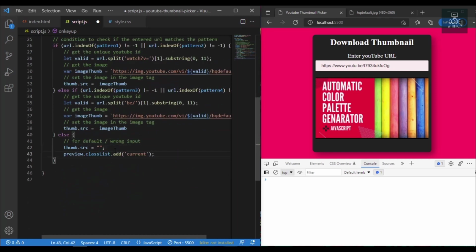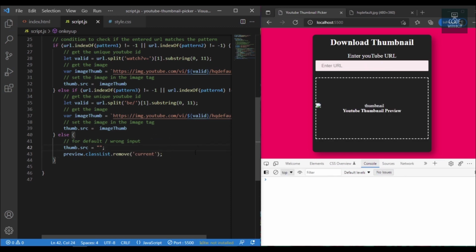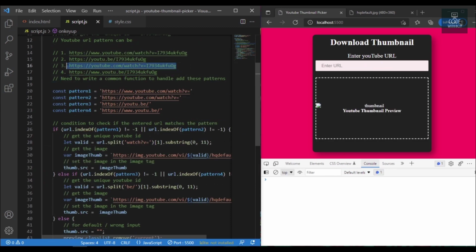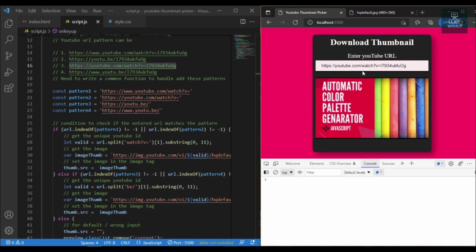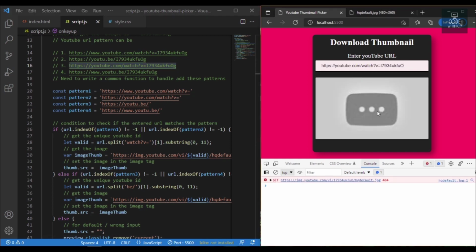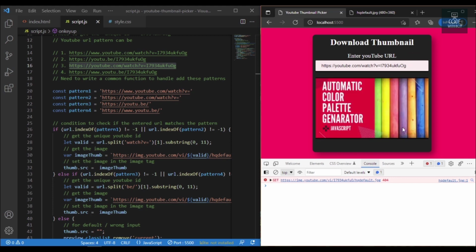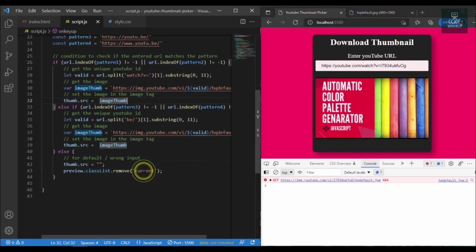For that, I will just copy and paste this, and instead of add, I will use remove. So let me check once. Yeah, it's working for the correct one, and if I give an incorrect value, this will get defaulted. Again, if I give a correct value, it will show us the image. So this is working fine, and